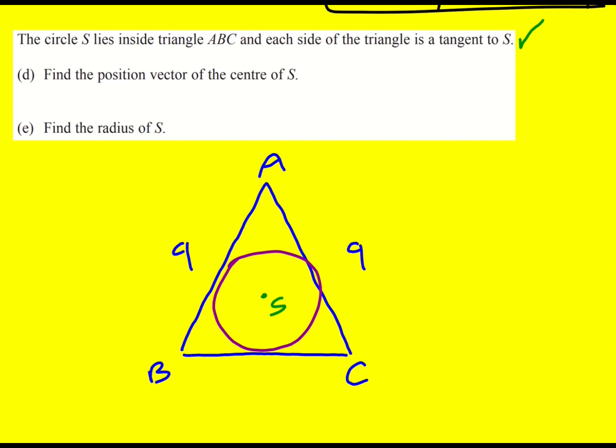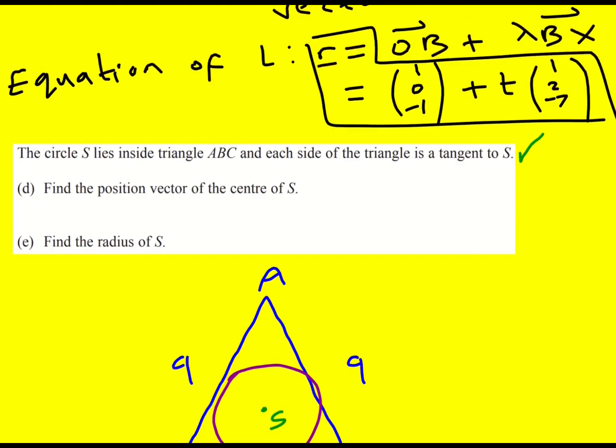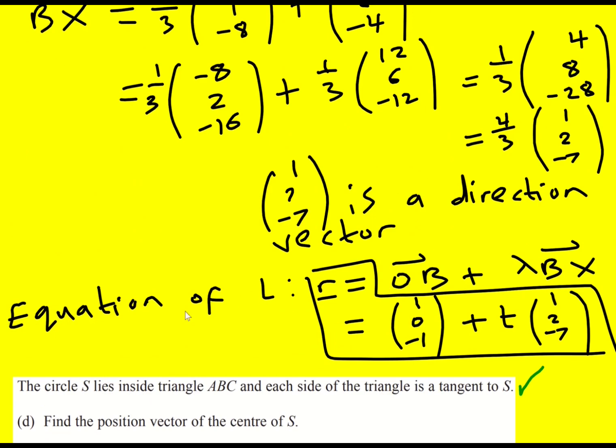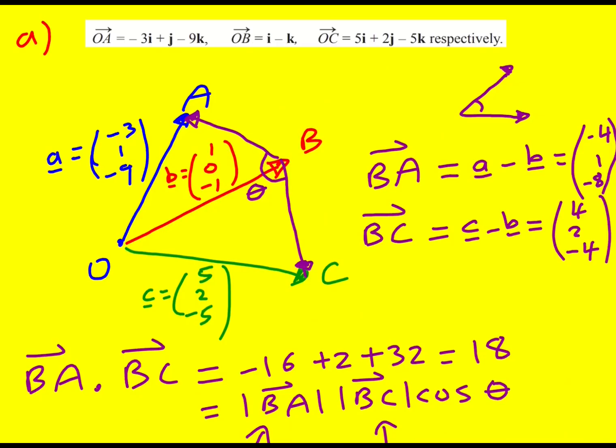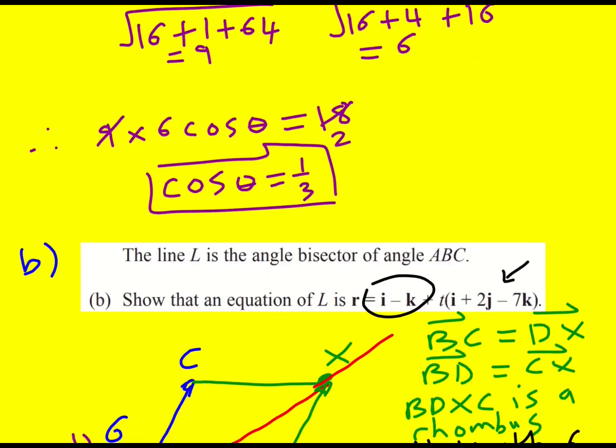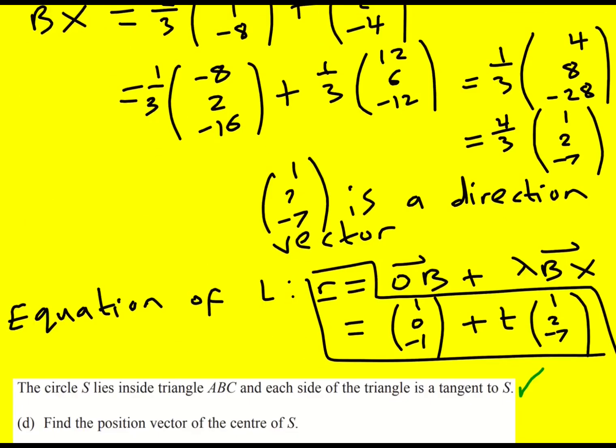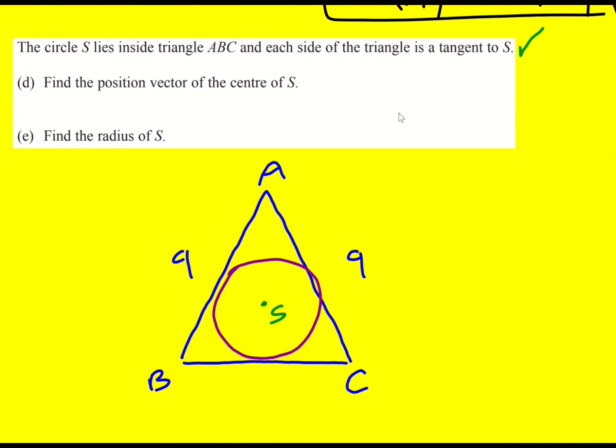Okay. Now let's think back to what we've already done. We found the equation of the line L. Remember, it was the bisector of ABC. Now, if I just connect up here to here, what I've created is a kite. You can use congruent triangles to prove this. But if you draw this line in,